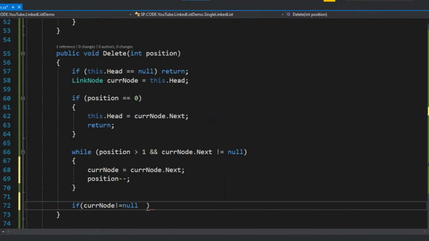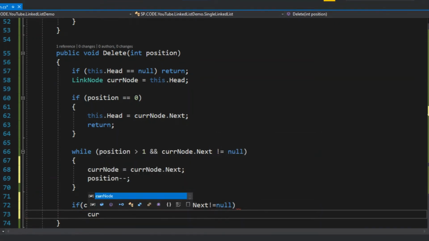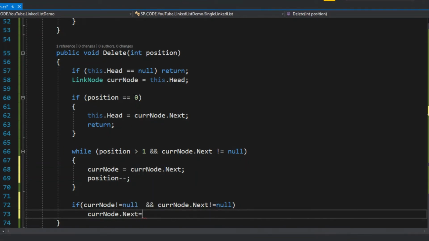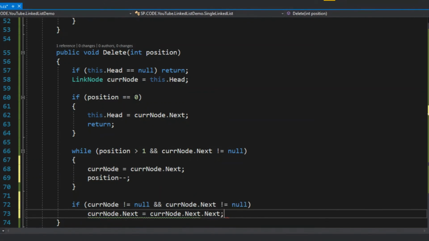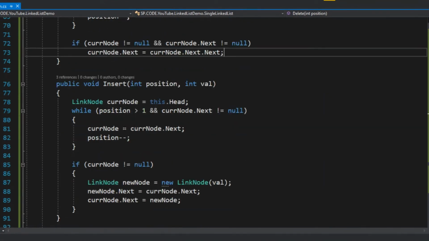And second, another thing we need to test is that it should not be the tail node. Then we will say, now we got the previous node, previous node dot next equal to previous node dot next, so this is the node we are deleting, dot next node, and we are done.